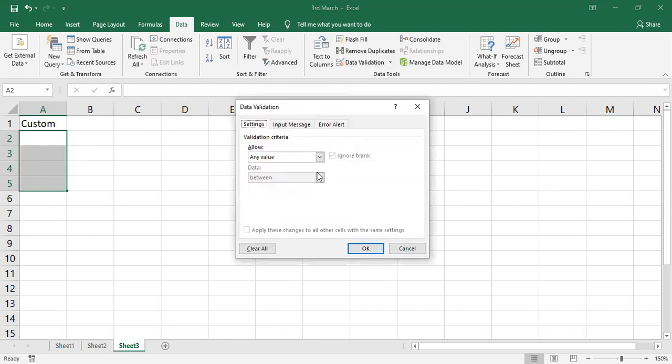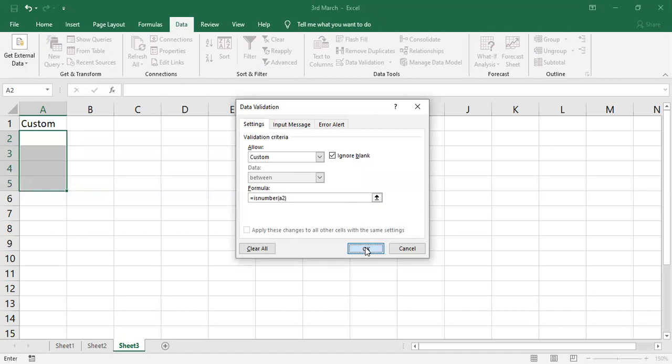Data validation. Here you can go to custom. Here you have to give is number. What is the first cell I have selected? A2. It should accept only numbers.